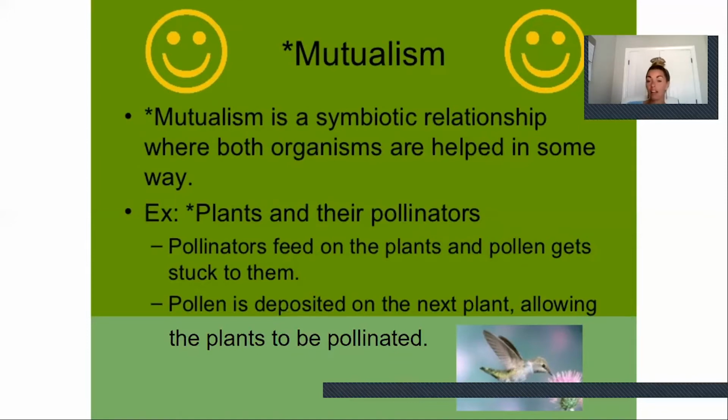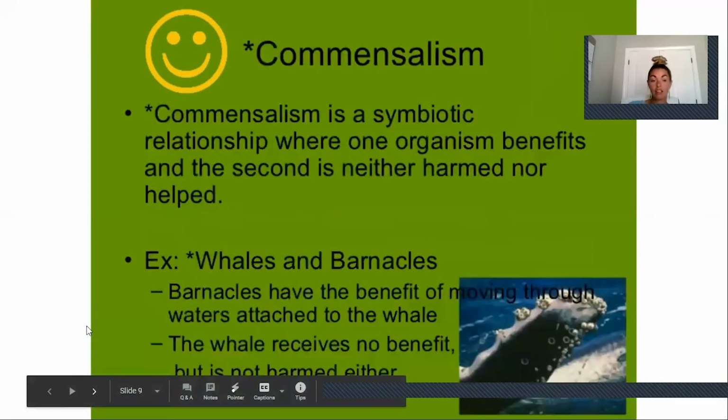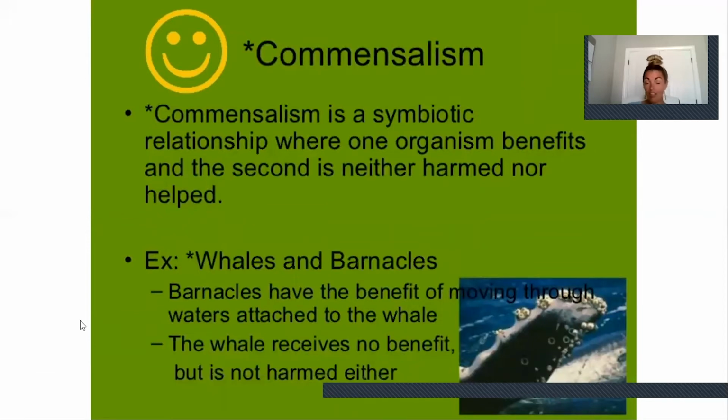Pollinators feed on the plant and the pollen gets stuck to them. Then the pollen is deposited on the next plant, allowing the plants to be pollinated. So it's a good little system, right? That's a healthy symbiotic relationship. Okay, commensalism. A commensalism is a symbiotic relationship where one organism benefits and the second is neither harmed